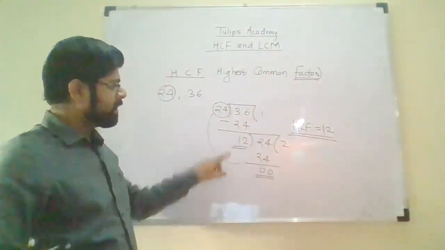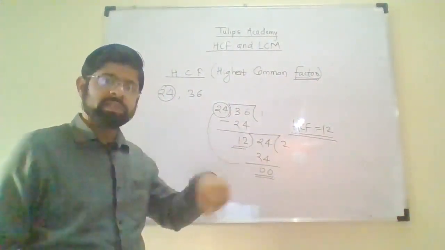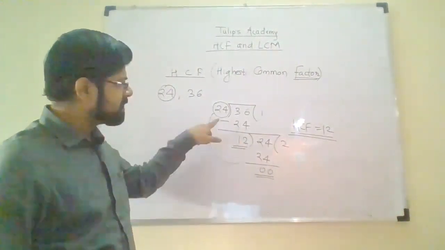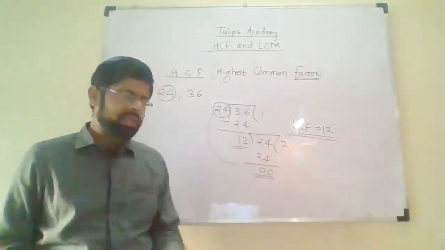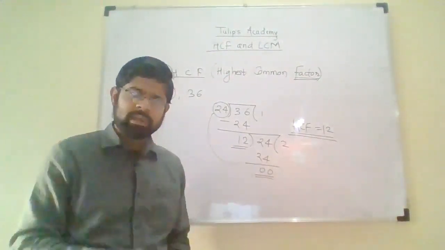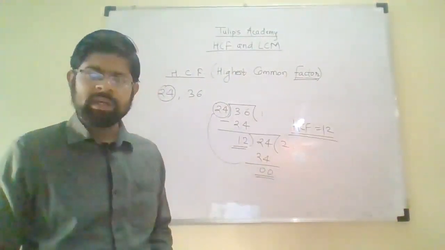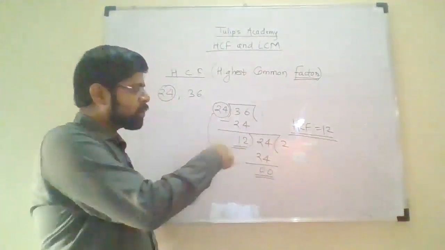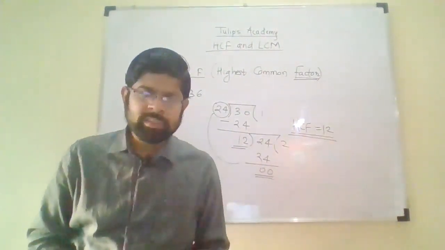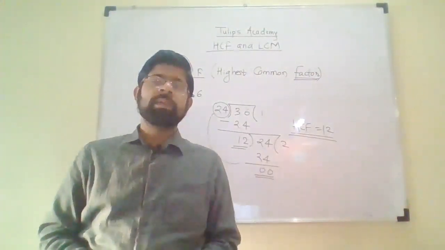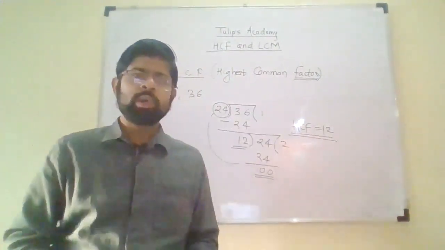Okay, and in the first step the remainder comes to be 12. This remainder is nothing but the divisor for the second step, and this divisor of the first step will become the dividend in the second step, and the operation goes on till the remainder comes to be 0. And when the remainder comes to be 0, the divisor of the last step will be nothing but the HCF of the numbers. So this is the process for calculating the HCF of two numbers. In the next video, we will go through the process of calculating the HCF of three numbers, and then we will see how to calculate LCM.